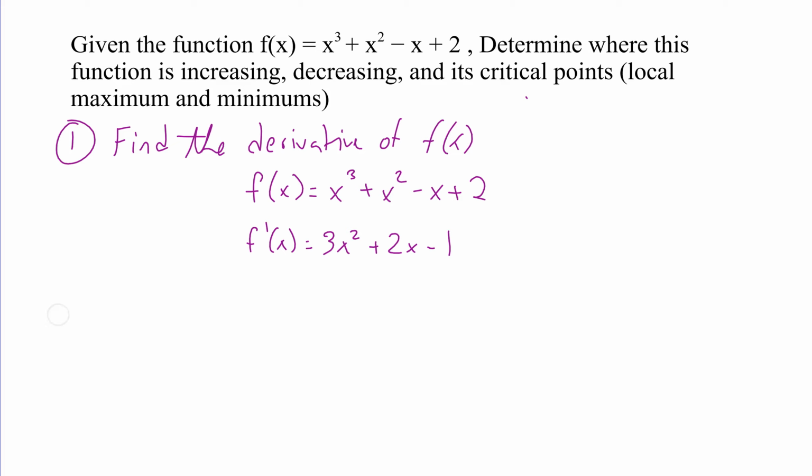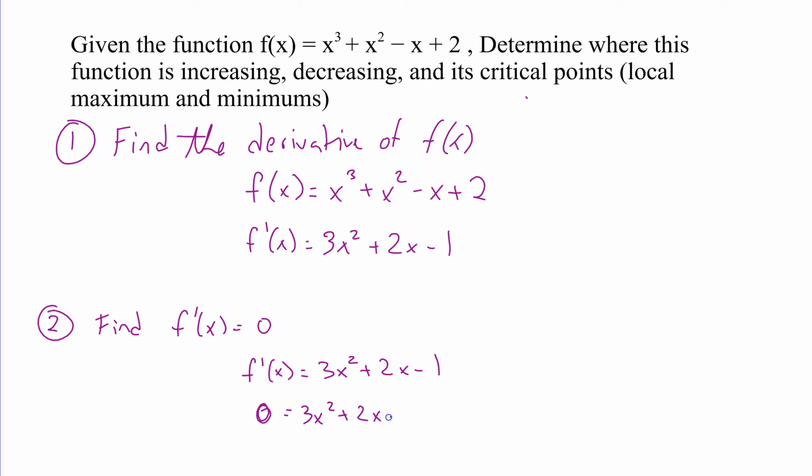Now, to find our critical points, we must find when f prime of x is equal to 0. So now we have f prime of x is equal to 3x squared plus 2x minus 1. So we set that 0 equal to 3x squared plus 2x minus 1. Quadratic function, second degree function, we'll use SPF to solve. So sum is 2, product is minus 3. Our factors are 3 and